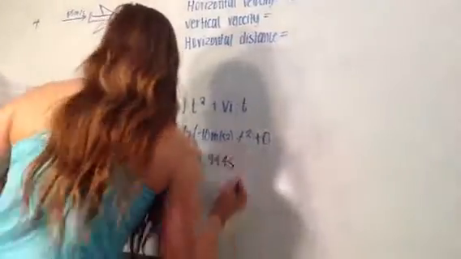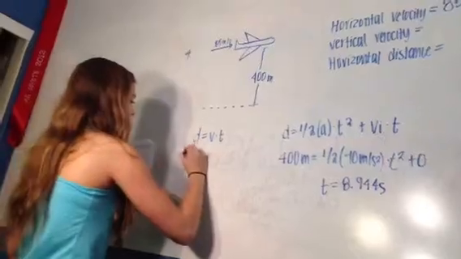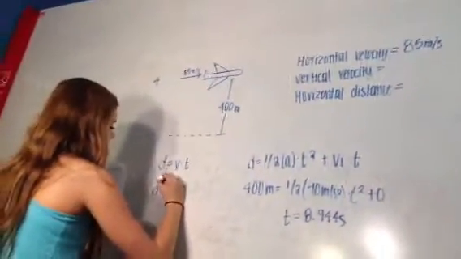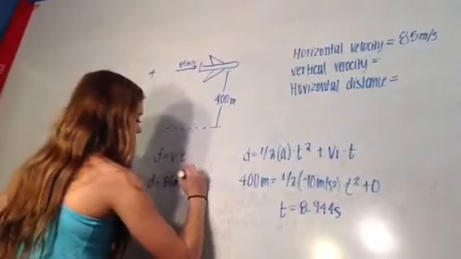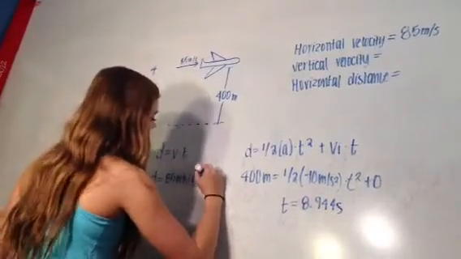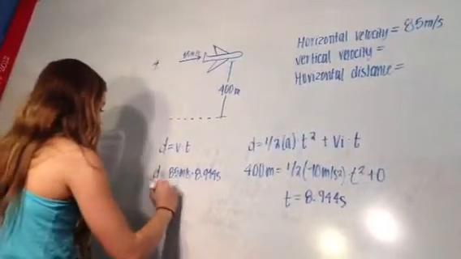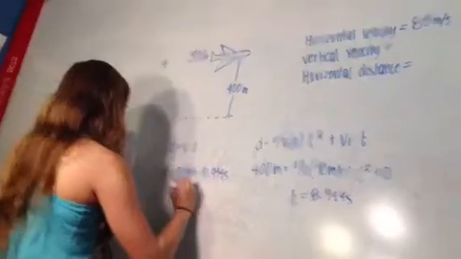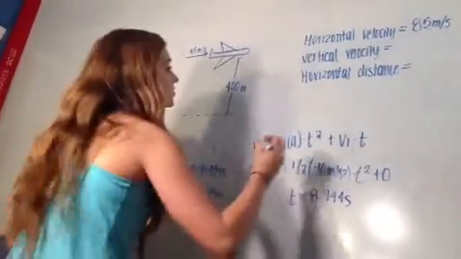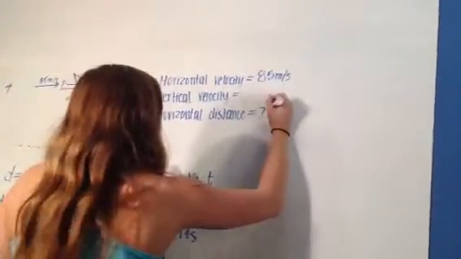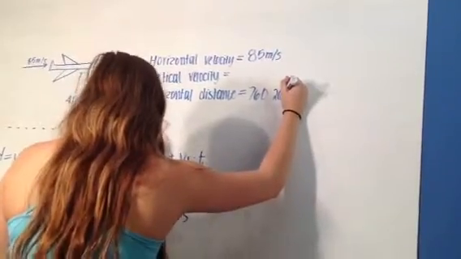8.944 seconds. And when we come back over here, we now have the velocity and the time, so we can find the horizontal distance by doing the velocity horizontally times the time the ball is in the air, which we just solved for, 8.944 seconds. And when we multiply those two values together, we get a horizontal distance of 760.263 meters. So now we only have one more component we need to solve for, and that's the vertical velocity